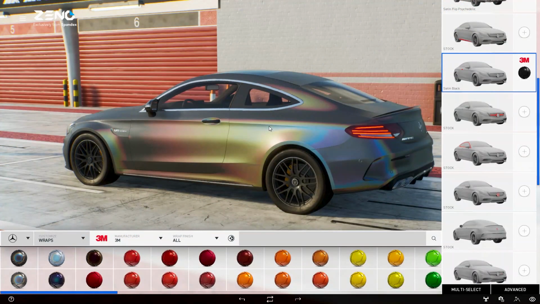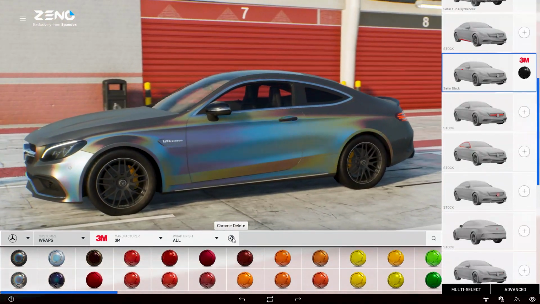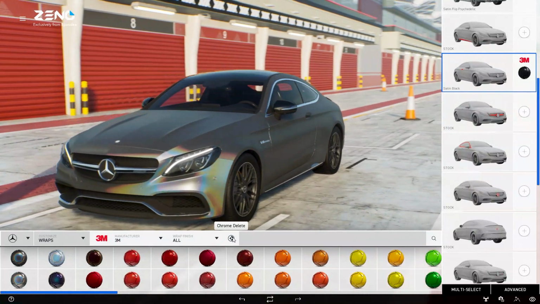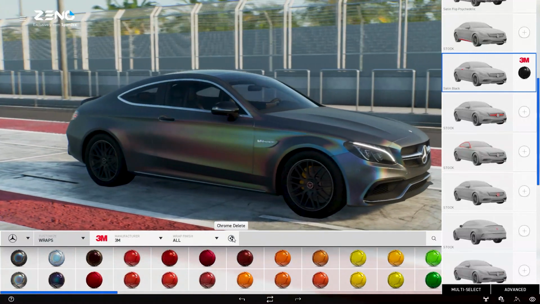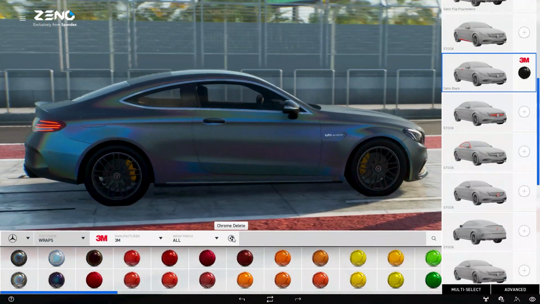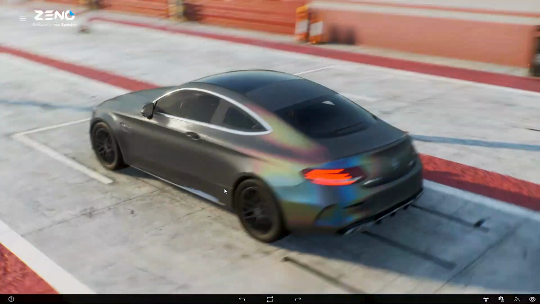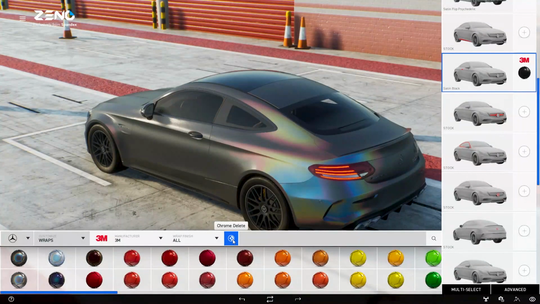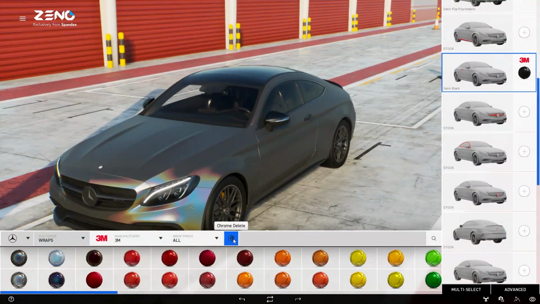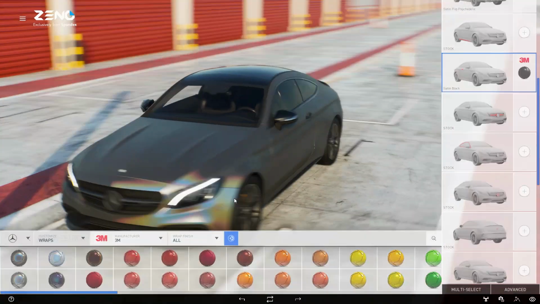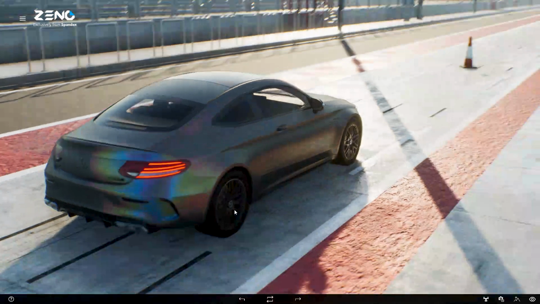One of my absolute favorite features is the Chrome Delete function. This function can immediately increase your sales by approximately €500. The car looks more sporty and your customer will love it. Click on it and all Chrome parts are blacked out. If you want the Chrome Delete only on the side, you can click here specifically. You can also wrap in different colors. In this case, we will choose again the black satin. So now only the sides are Chrome Delete.